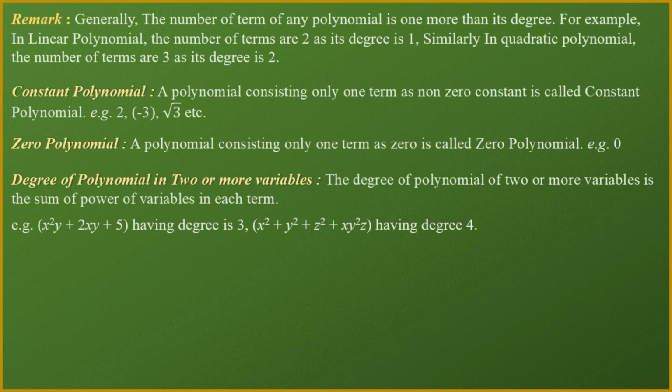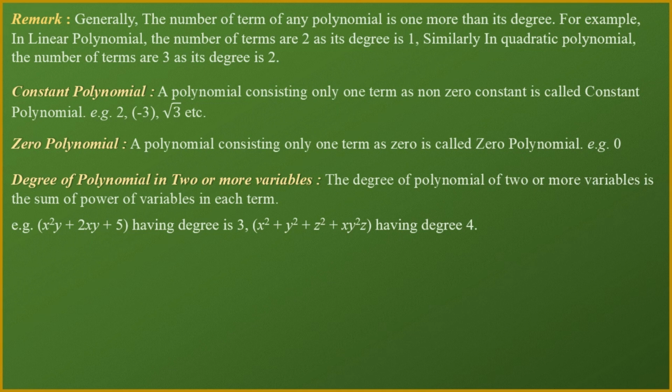So add the power of both the variables, meaning the power of x and the power of y, it will become 3. Similarly, the second term, x into y. Actually it is given 2xy, so I am talking about the variable part, that is x into y. So the power of x is here 1 and y is also 1. So if you add both the powers, that will become 2. And 5, we can say the power of the variable is here 0.